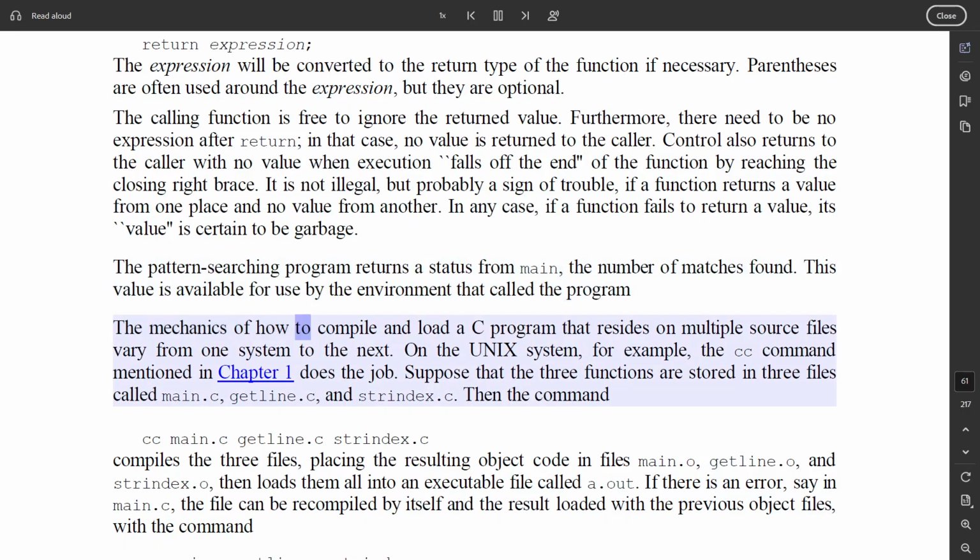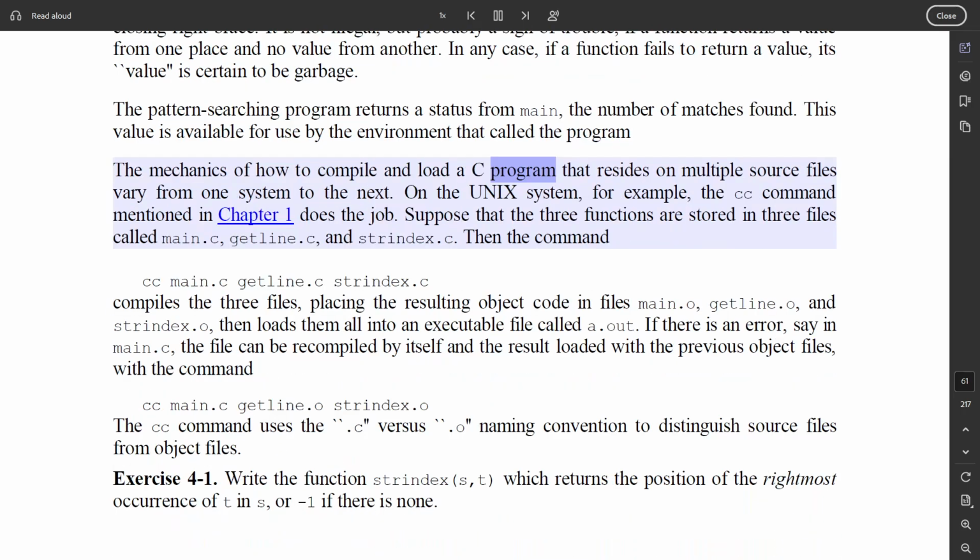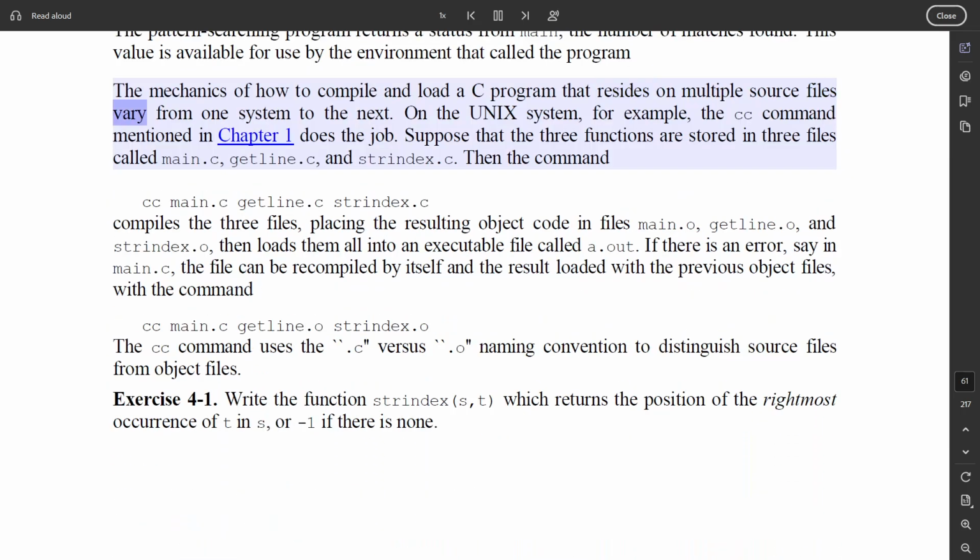The mechanics of how to compile and load a C program that resides on multiple source files vary from one system to the next. On the Unix system, for example, the cc command mentioned in Chapter 1 does the job. Suppose that the three functions are stored in three files called main.c, getline.c, and strindex.c. Then the command